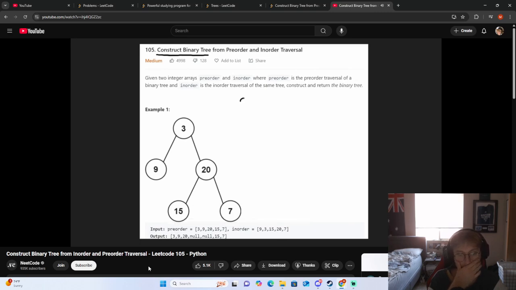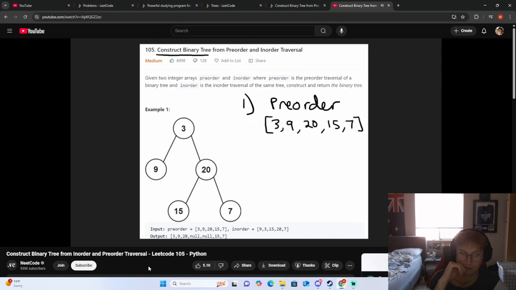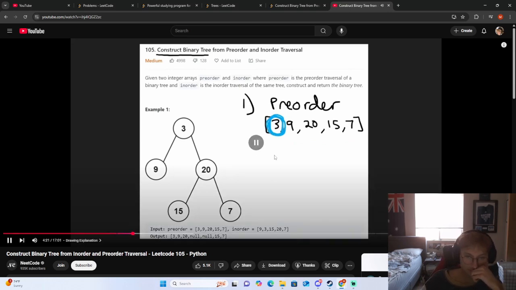So I just want to let you know that there's actually two main facts that we're going to be using to construct this tree. So the first fact is that the first value in pre-order traversal is always going to be the root, right? We remember when we do pre-order traversal, we're always processing the root first. So if I was taking the pre-order traversal that we're given, the first value in pre-order traversal is always